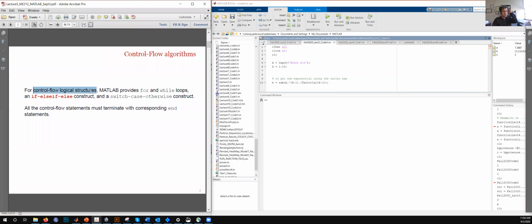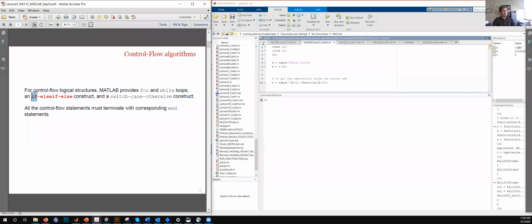Well, before I come to the if, the generic thing that we are going to learn over today and over the next 2 classes is this control flow logical structure. What it means is if you have a computation that you have to do multiple number of times, you don't do it repetitively by hand. Rather, you'd want the computer to do it. And you can make the computer do something multiple times by embedding this kind of logical structure into your code.